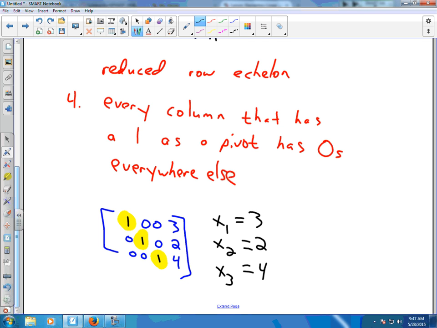So in reduced row echelon form, you don't even have to back substitute. You basically read your solution straight off. Remembering that this is your solution column for the right side of your equation, and these are the coefficients of x1, x2,